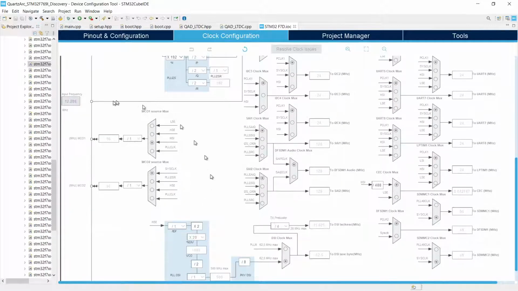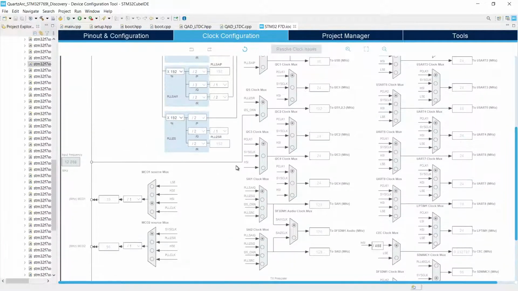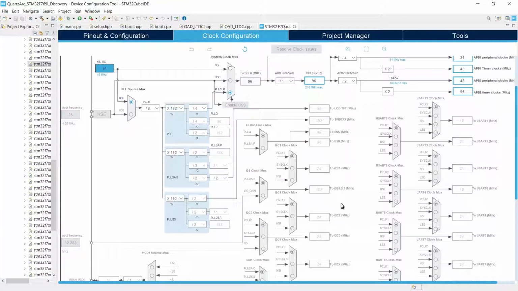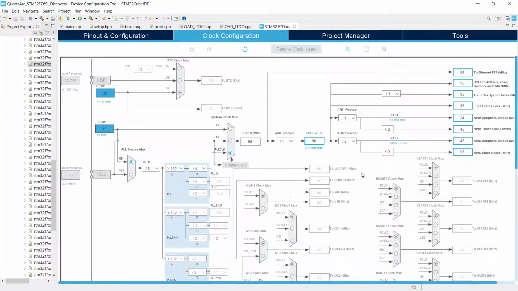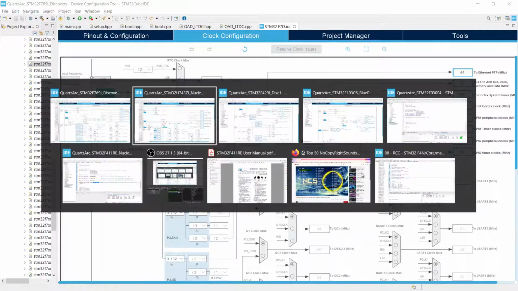This one also does have a couple of master clock outputs, but aside from that and the additional PLLs and clock configurability of different peripherals, still fairly similar to what we've looked at with the other devices. The most complex one we're going to have a quick look at is our